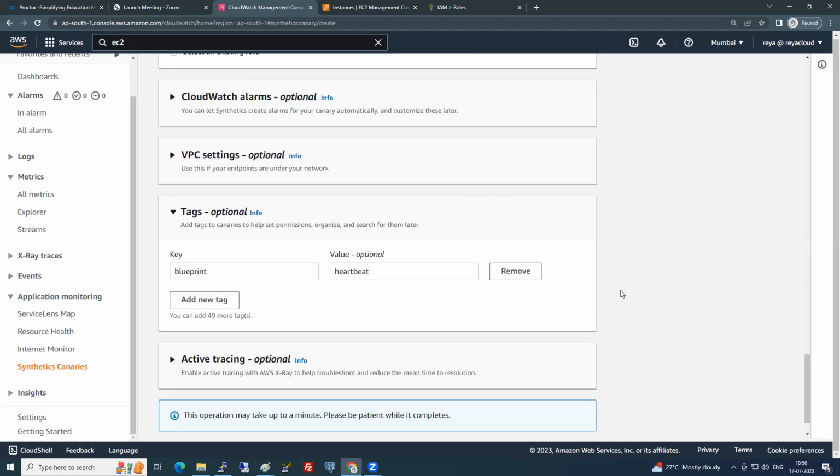Okay, I'll tell you a little bit advanced thing. Is it clear till here now? So you can monitor your application or endpoints using the canaries? Yes or no? Okay, now,